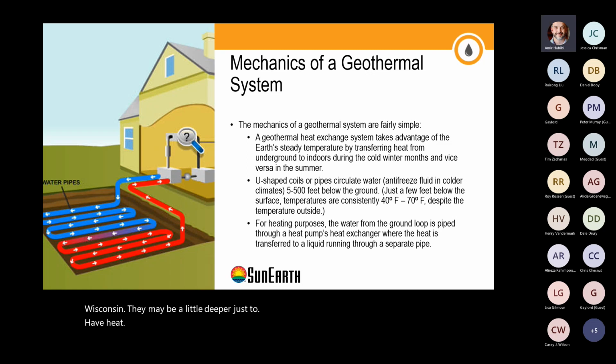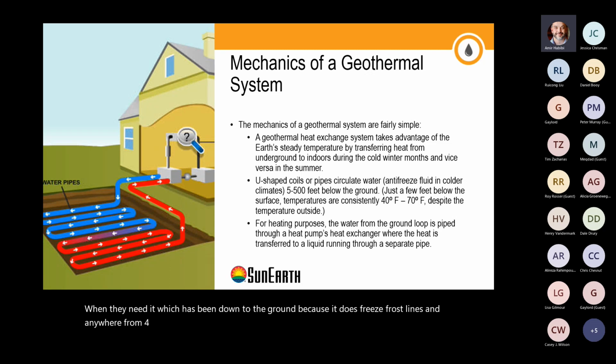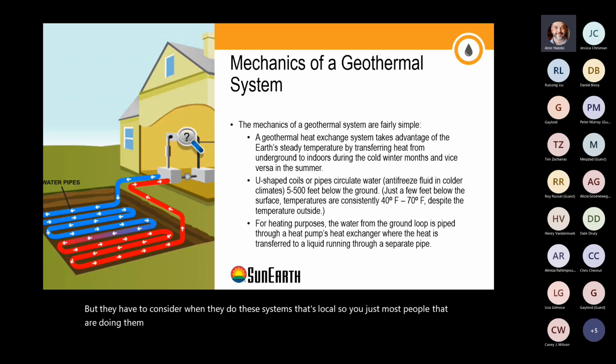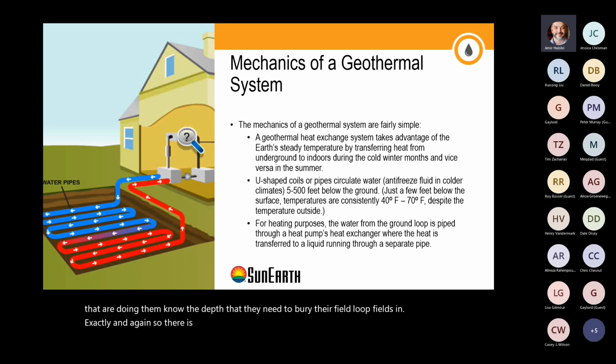when they need it, which is then down in the ground, because it does freeze, with frost lines anywhere from 4 to 8 feet that they have to consider when they do these systems. That's local, so most people that are doing them know the depth that they need to bury their field loop fields in. Exactly, and again,